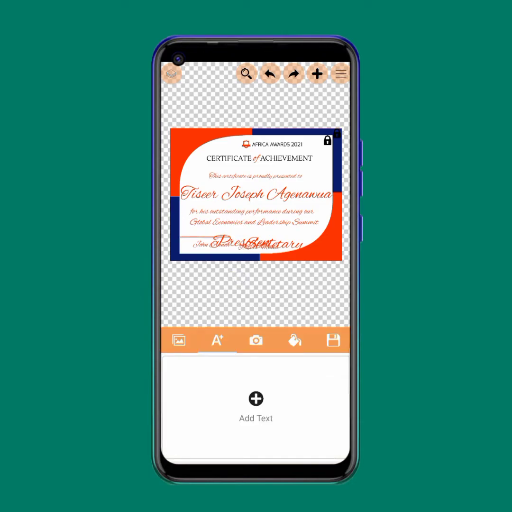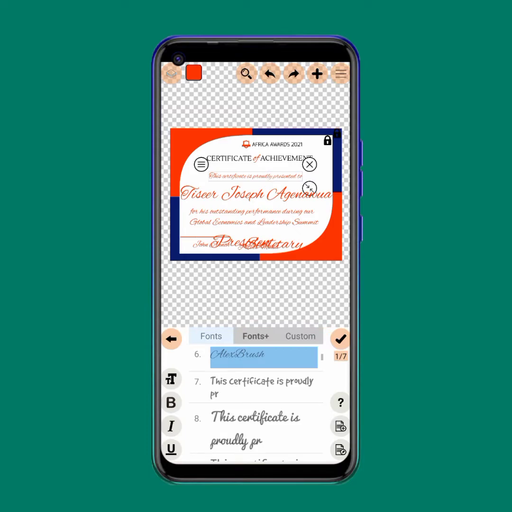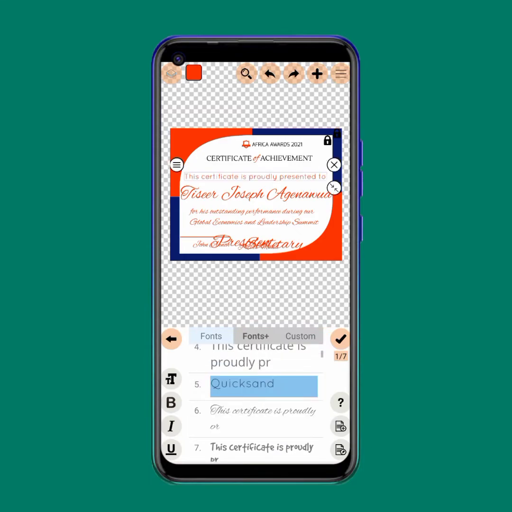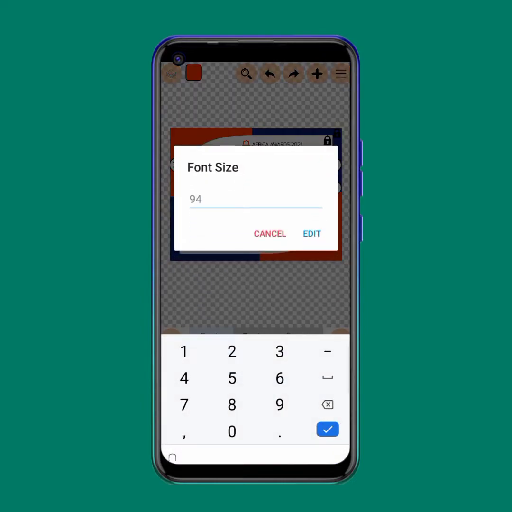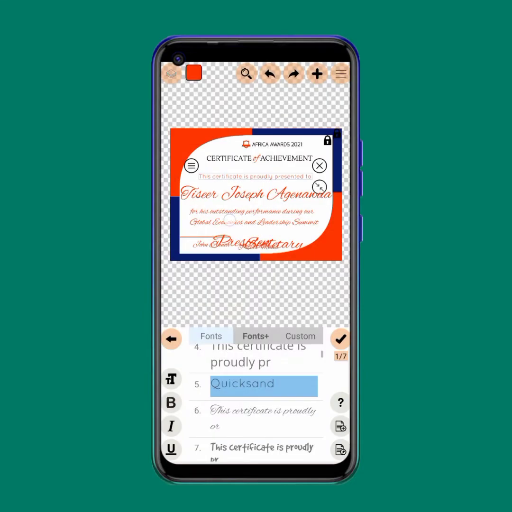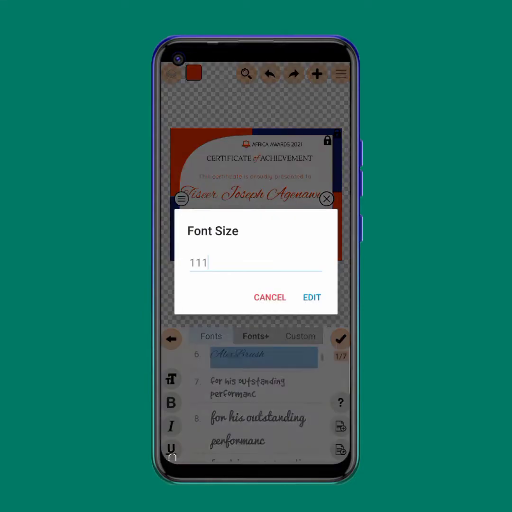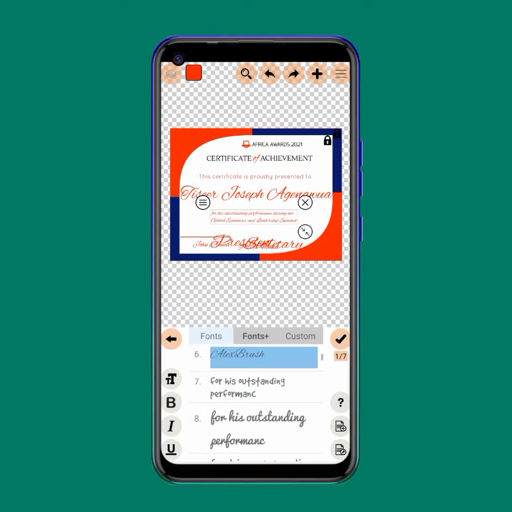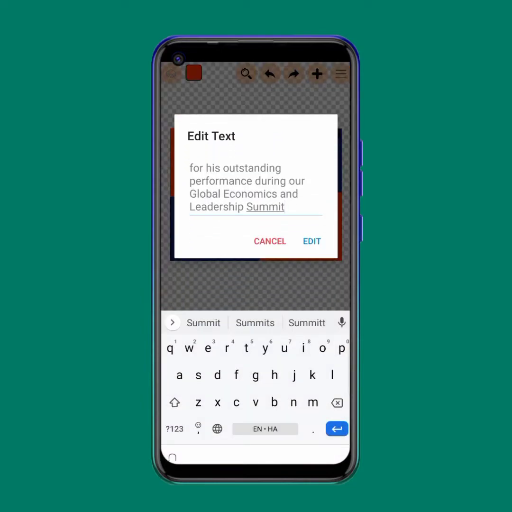All right, so this certificate is presented to, I'll change it to 75. Yep. So this one too, I'll change it to 75. Okay. So as I change it to 75,